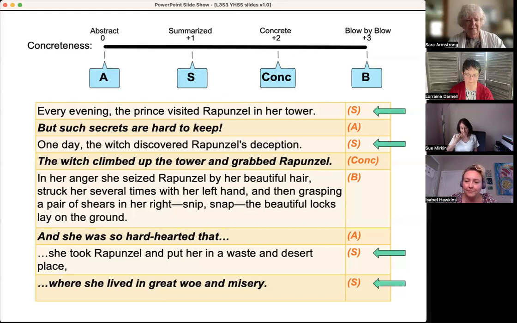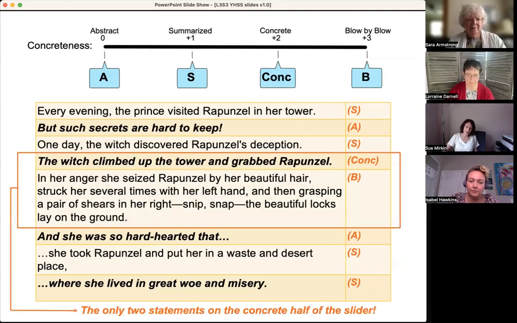Questions or comments on this as a whole? Go ahead. All right. So I noticed that in this section, there's only 2 statements on the concrete half of it. There's only 1 concrete and 1 blow by blow. And they're right in the middle. Now I chose the segment, of course, but still,